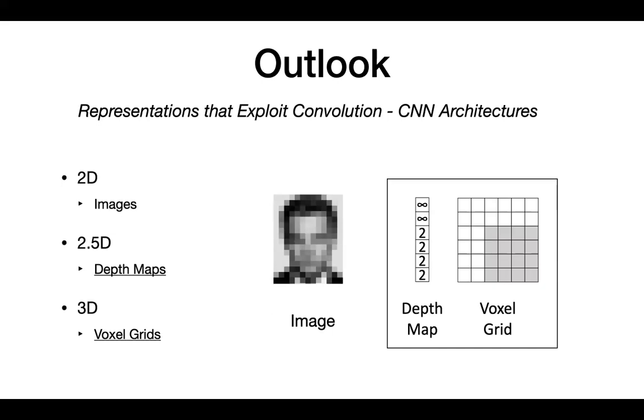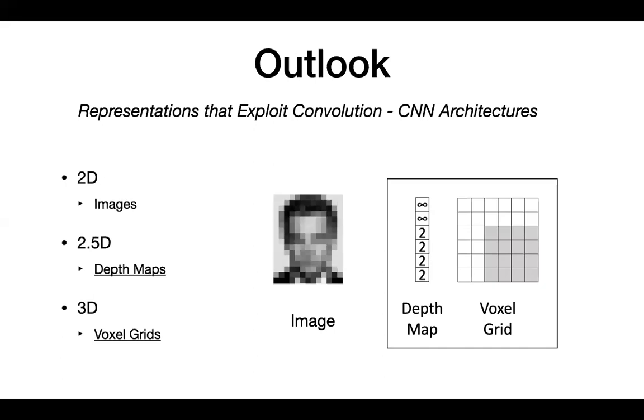So we go from 2D, that are images, and then 2.5D, that's images with additional geometric information like depth or normals, and then we end with full 3D information. And these are natural extensions. One important thing that we are going to see is that these representations are very regular. In the same way as an image is a 2D grid, and you have information at regular sample locations, we can extend this